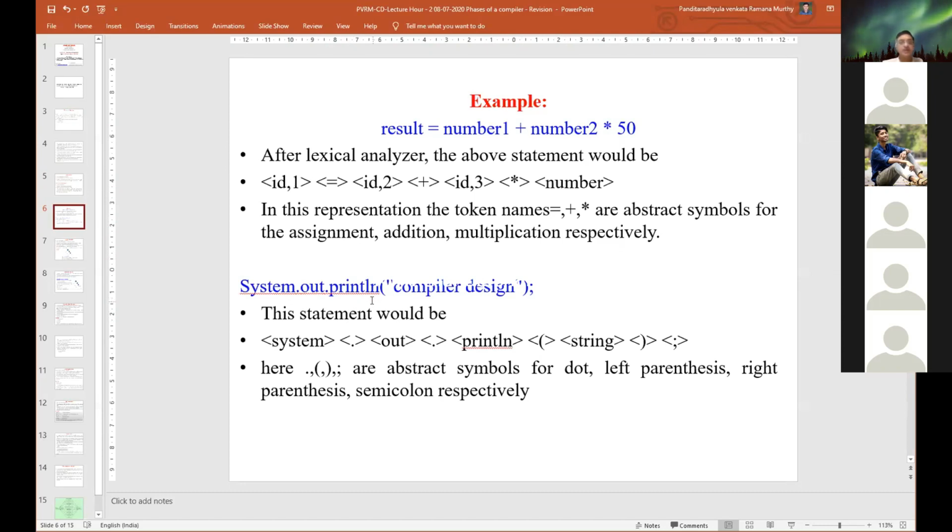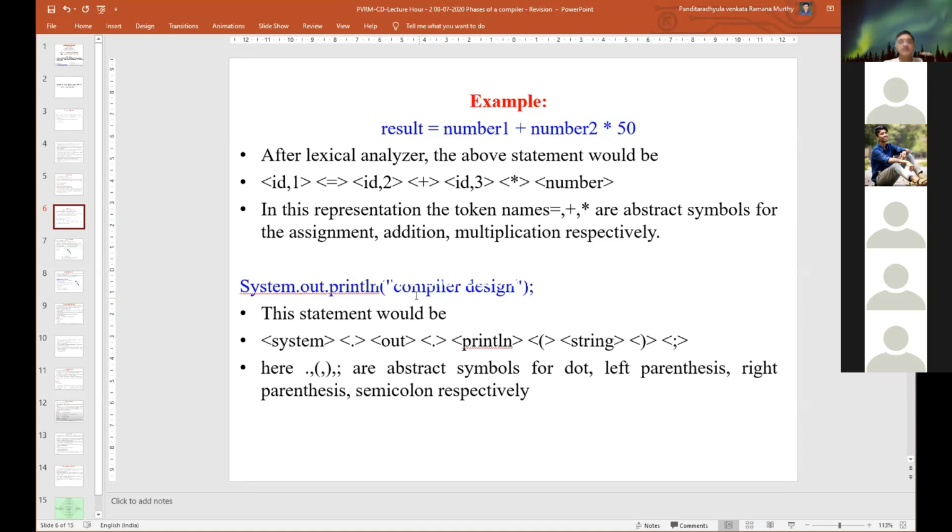For example, if this is the statement, we identify System dot out, which are keywords or identifiers. Println is another one. Even the braces we identify as operators.